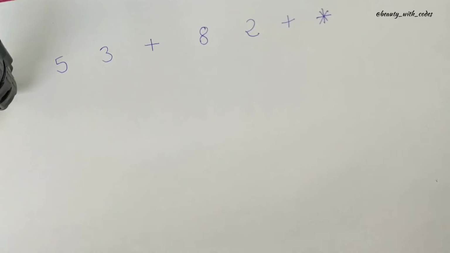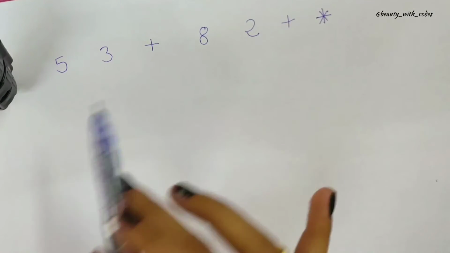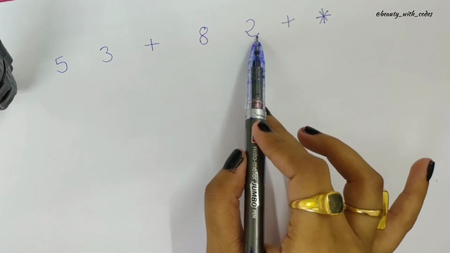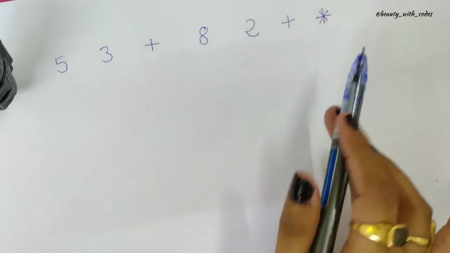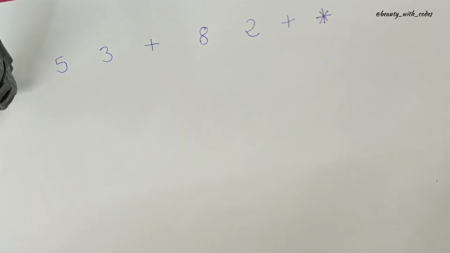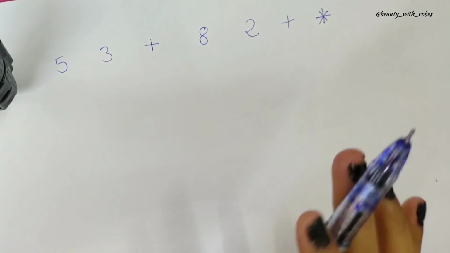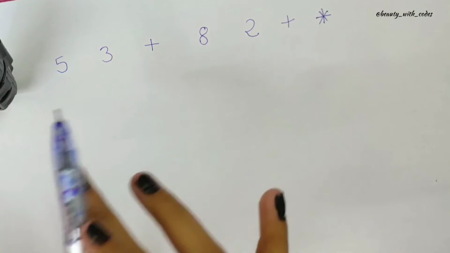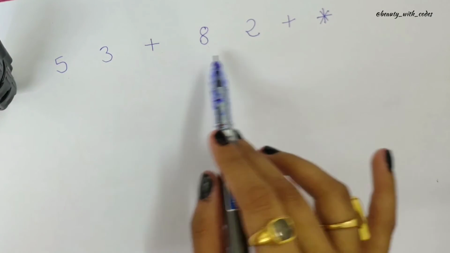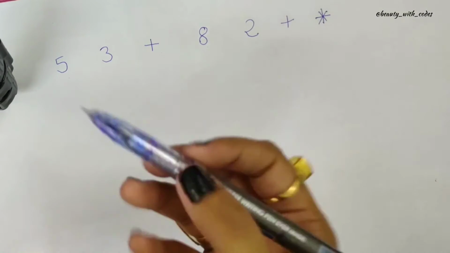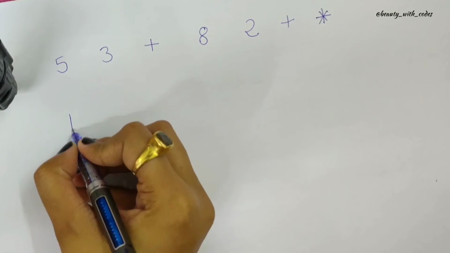Here comes the second example, and the elements of this expression are 5, 3, plus, 8, 2, plus, and then multiplication. Okay, unlike the first one, here operators are in between, isn't it? But you cannot say what the exact value of this expression is just by seeing this expression, isn't it? So let's check. Yes, we need a stack.